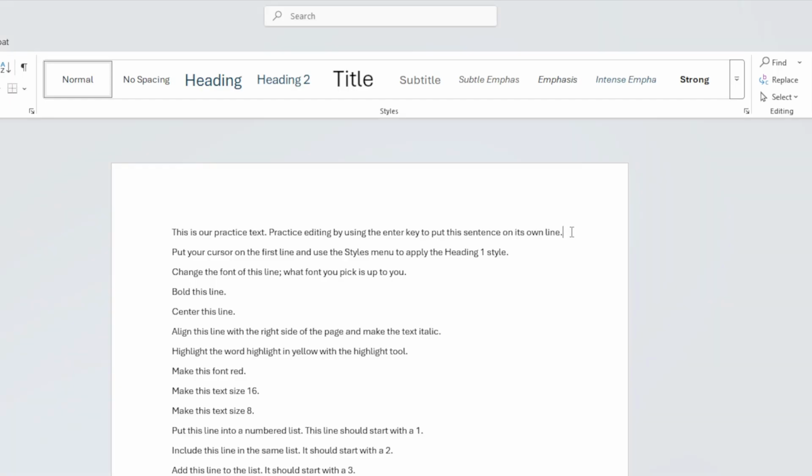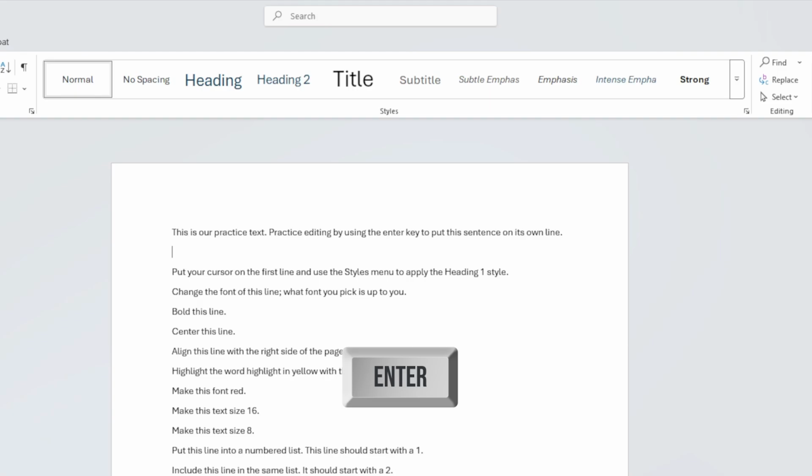The Enter key is used to start new lines. Try it by putting the cursor between the sentences and hitting Enter. Many of the features we want to practice are on the home bar. Remember that what you see on your bar may change based on how big your screen is, so you may need to adjust the window or open the menu by clicking on it to see all the options.